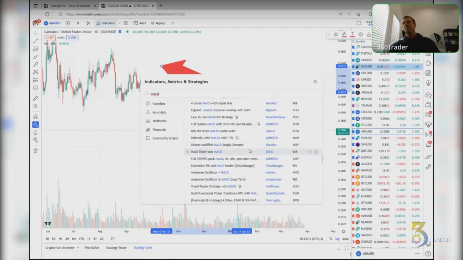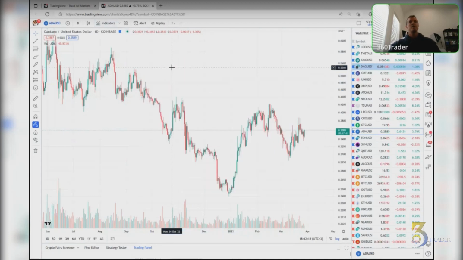Why? Because most people can't even read price action and they're trying to slap all this stuff in there. I do. You guys already know me. I'm known as a 360 trader, not using only price action, volume, and what we all have designated as my arbitrary lines, which by the way, those lines are not indicators. All of those lines are ones that I draw, and I'm going to teach you how to put them up there.